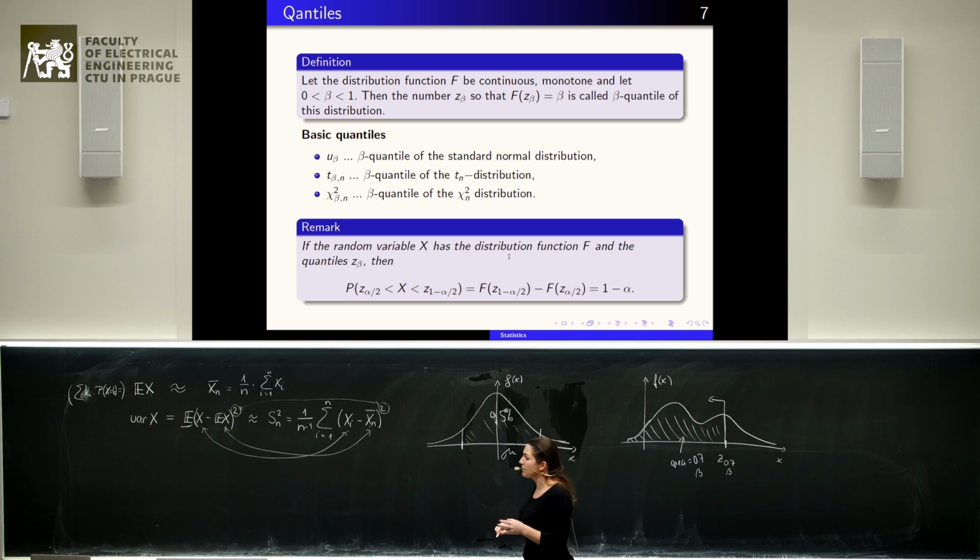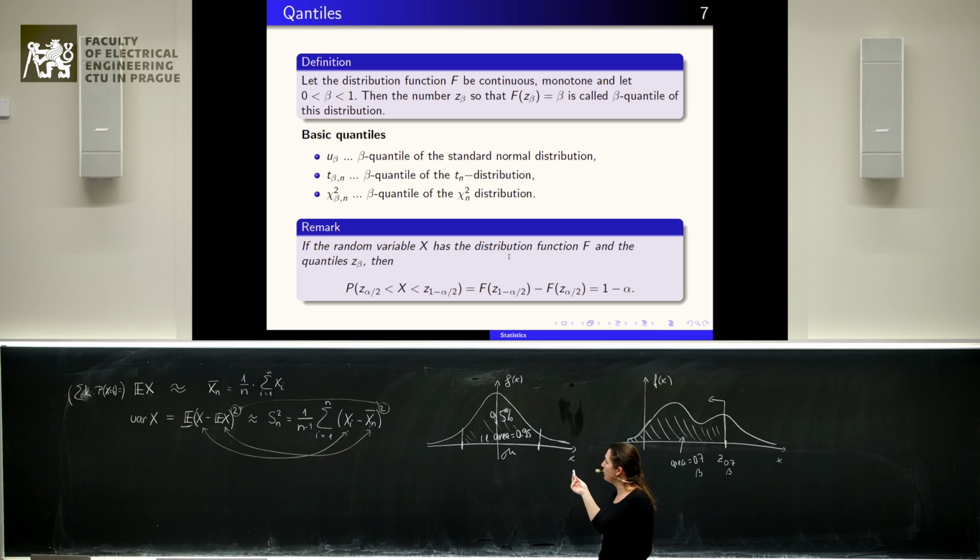In statistics, we use percents much more often than in probability theory. So what are the boundaries such that in the middle between these two boundaries we have the area 0.95? And we can use the knowledge of quantiles. If we know these quantiles, and we know that it is required to have the area 0.95 in the middle, it means that the tail